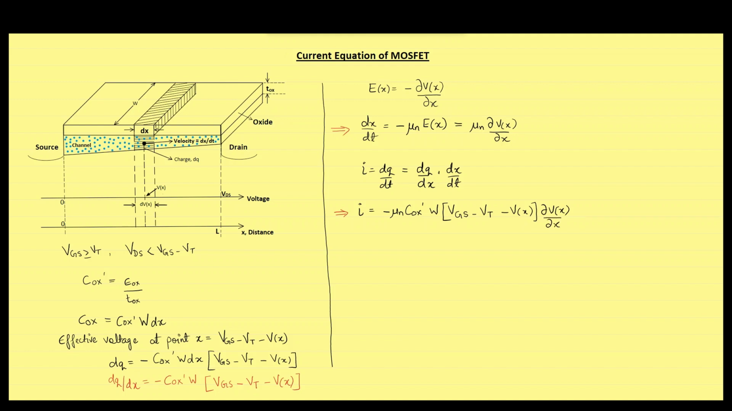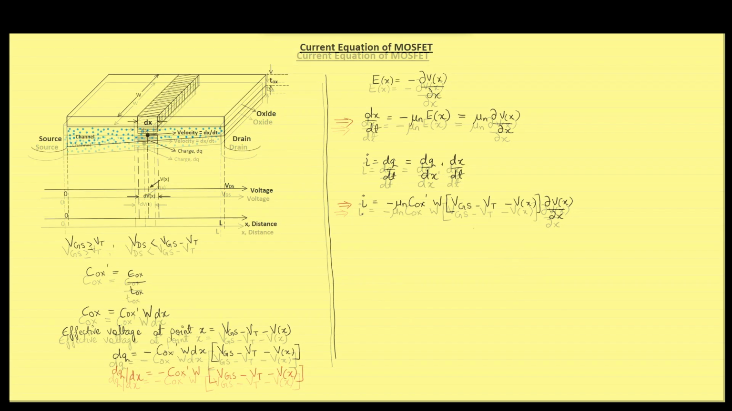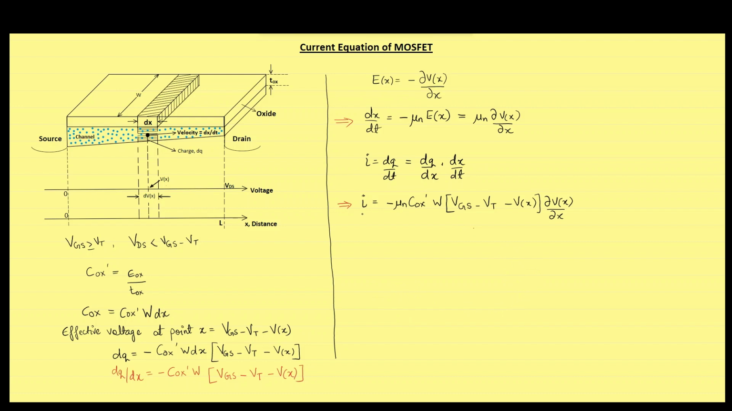Even though we have calculated current at a single point, as per Kirchhoff's current law, the current I must be constant throughout the channel. Thus, the current I must be equal to source to drain current. But we are interested in finding the current from drain to source rather than source to drain. Drain to source current is negative of source to drain current, which is equal to